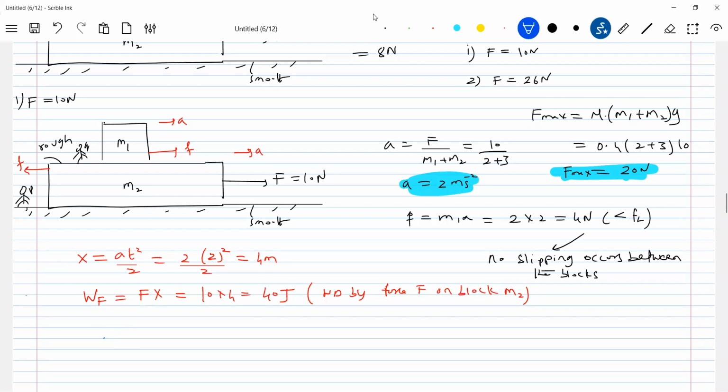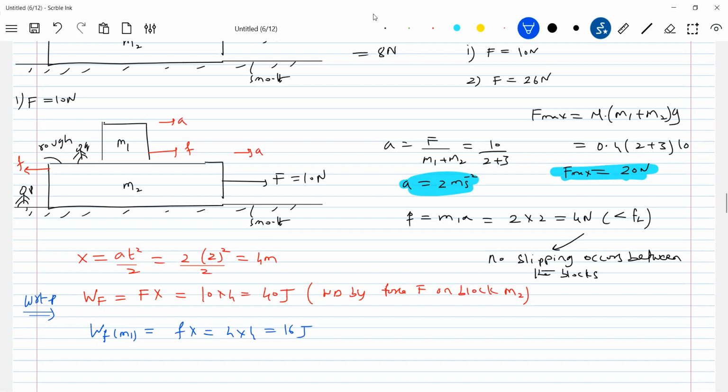Who is doing this problem with respect to P? Now, similarly, with respect to P, what is the work done by friction on the block M1? I'm splitting it up like this. So who will move the block M1? The friction force only. All of you able to see this? The friction force only. So what is the displacement of the block M2? That should be the displacement of block M1 because no slipping occurs. So what is the equation we are going to write? F into X. And what is the friction force acting? 4 Newton. 4 into 4, 16 joules. This is with respect to P, no?